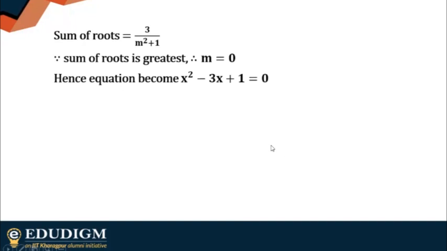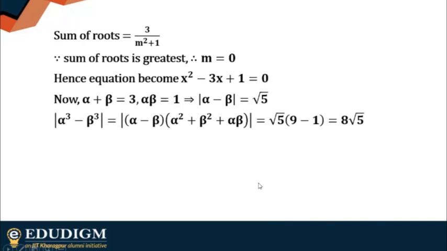Now, this is how the equation looks right now. So you have this alpha beta and alpha plus beta. You can find out what alpha minus beta will be just by taking alpha minus beta whole square equals alpha plus beta whole square minus 4 alpha beta. Otherwise, I think the rest is pretty simple. So as correctly pointed out by you people, it will be 8 root 5, which is option 3. I hope this is okay with you.